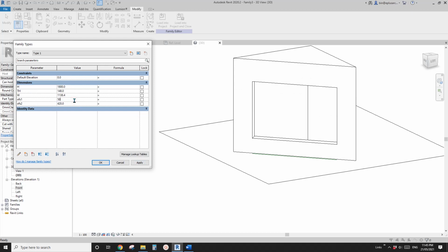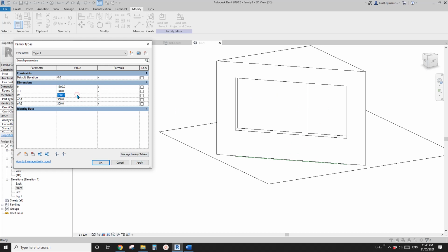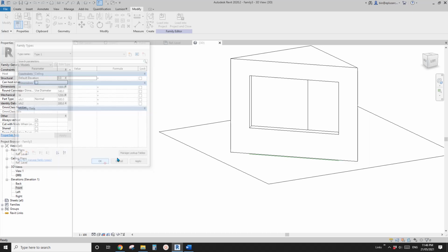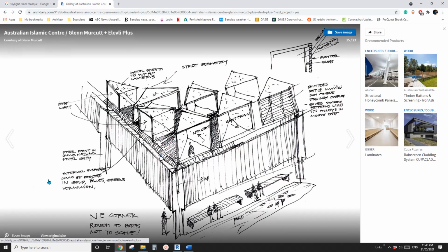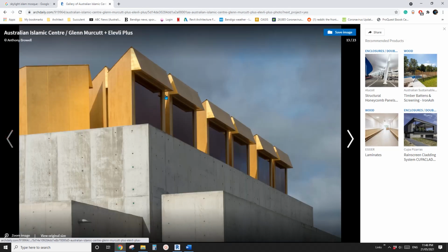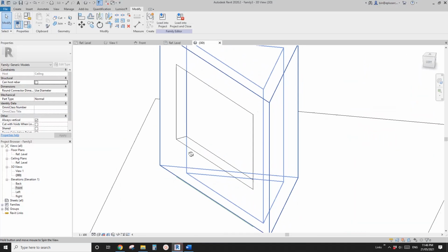If I lift this window up, and also if I reduce this offset, it will go up. Okay, so all good. And also if I change the width of this whole skylight, you will see, yeah, all good. Okay, so the next step, it looks like there's no frame, you can't see any frame, but if you need a frame,